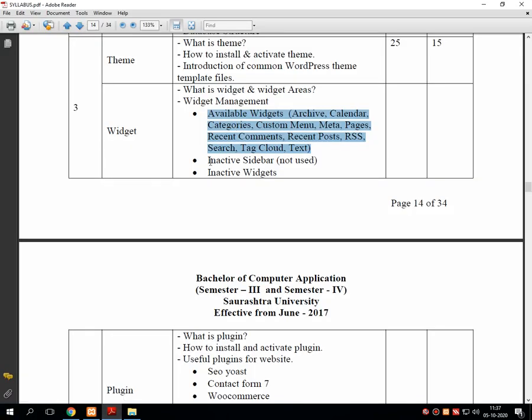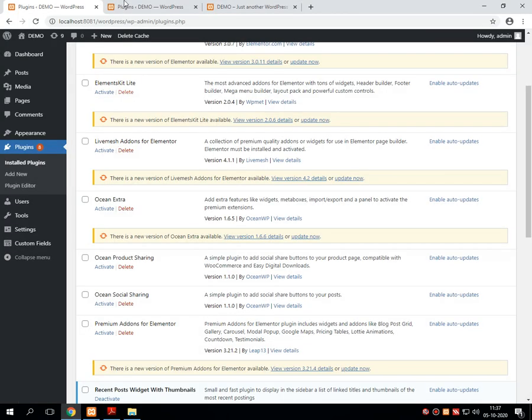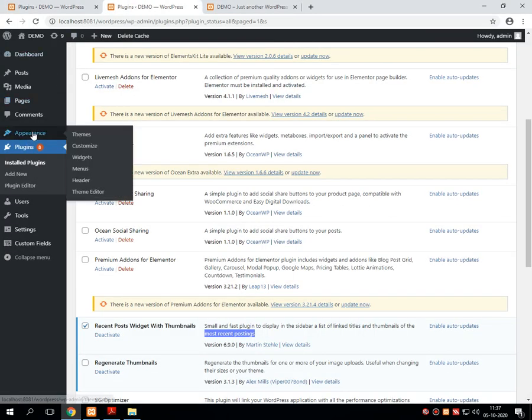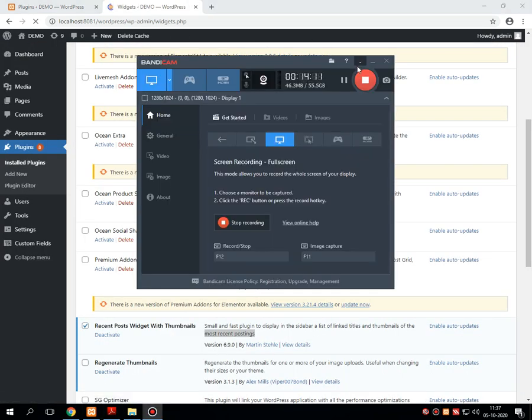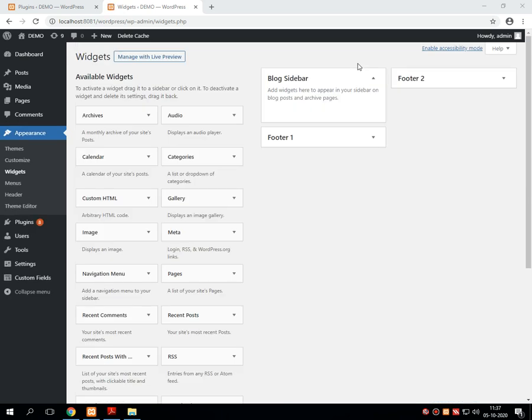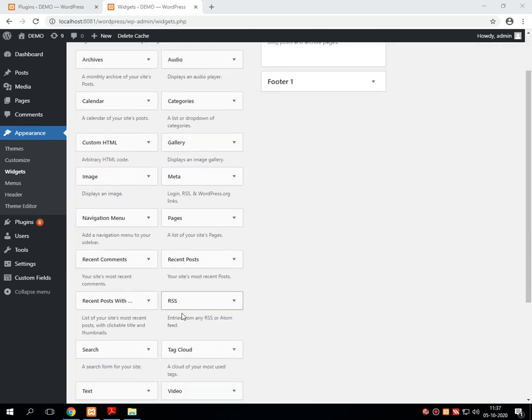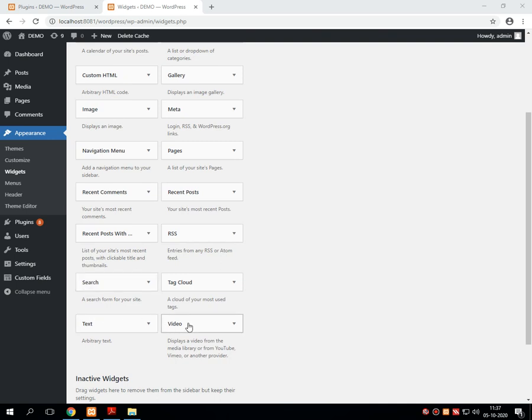Now in WordPress, there are a variety of inactive sidebars also used, and these sidebars are given in the appearance widgets, and this audio, custom HTML, image, then video.